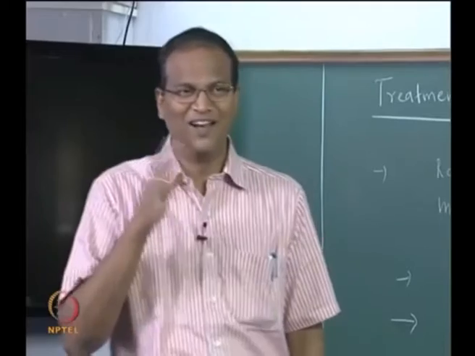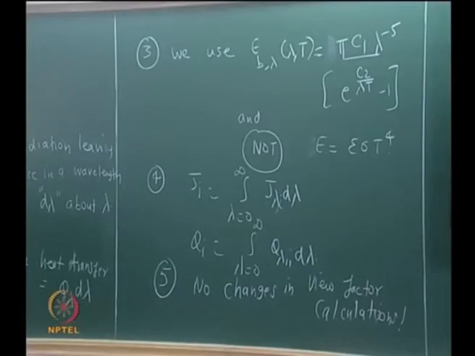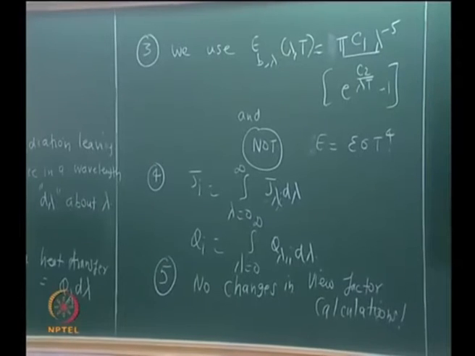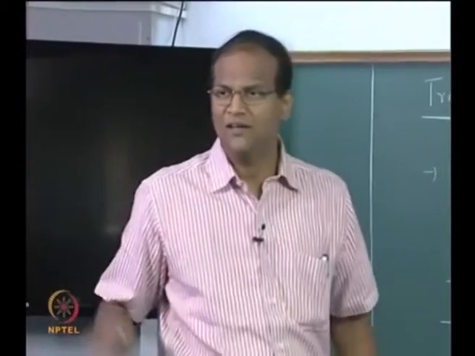Okay, so you will calculate all this for the first 0 to lambda 1, then you will calculate for lambda 1 to lambda 2, then lambda 3 to infinity and so on. Then finally you can add up all the radiosity, add up all the q. A linear addition will work. Okay, now I think quite a few of you must have got an idea of how the eventual equations will look like, but we will write out the formulation, we will solve a problem, then everything will become clear.